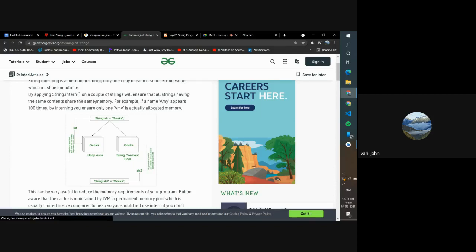So if there are different strings whose content is the same, like if I have a string named employee name that is Amy, and then a separate string called string employee, which is also Amy, and then another one, maybe string name, in a different part of the program where I'm printing the receipt or the pay slip, and it again has the value Amy.